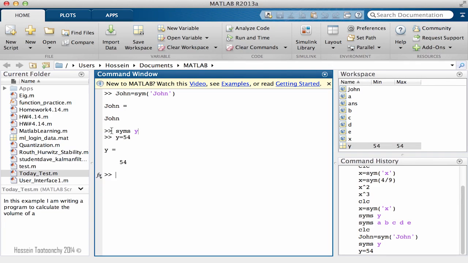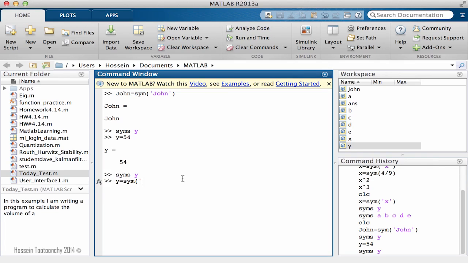You might ask, but we had defined it as symbolic. Yes, but in the next line, you changed that again. So the correct way is syms y, which makes it symbolic again, and then y equals